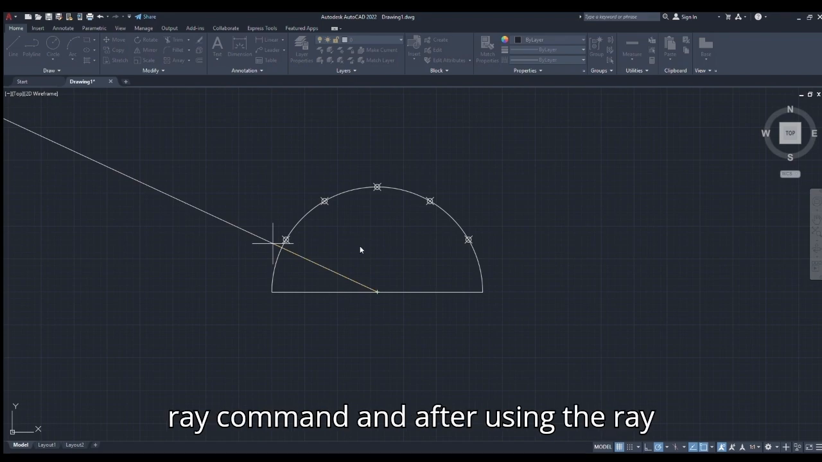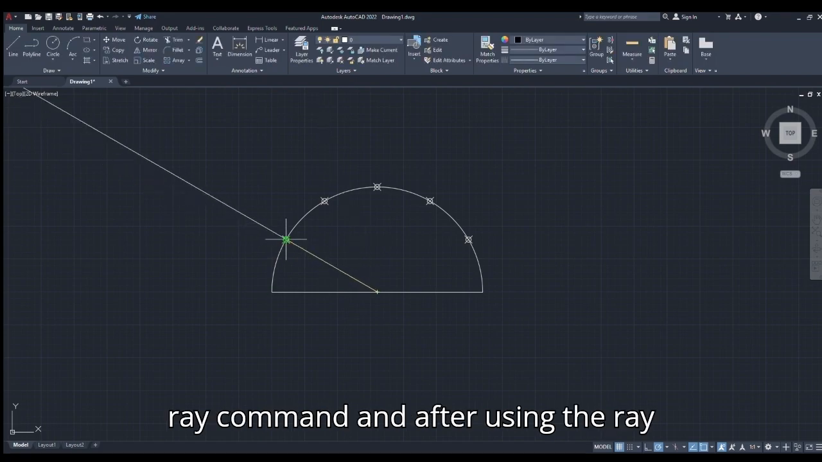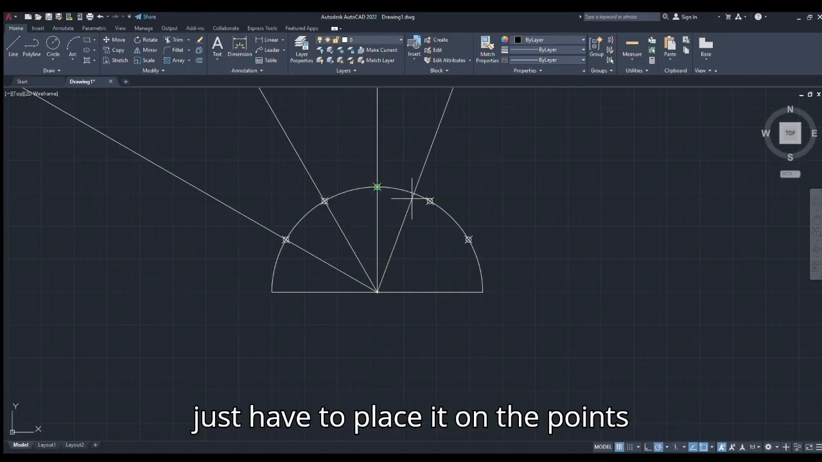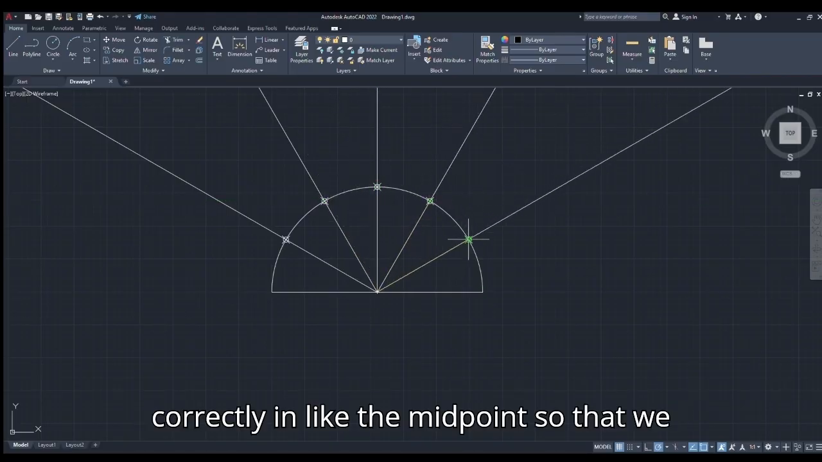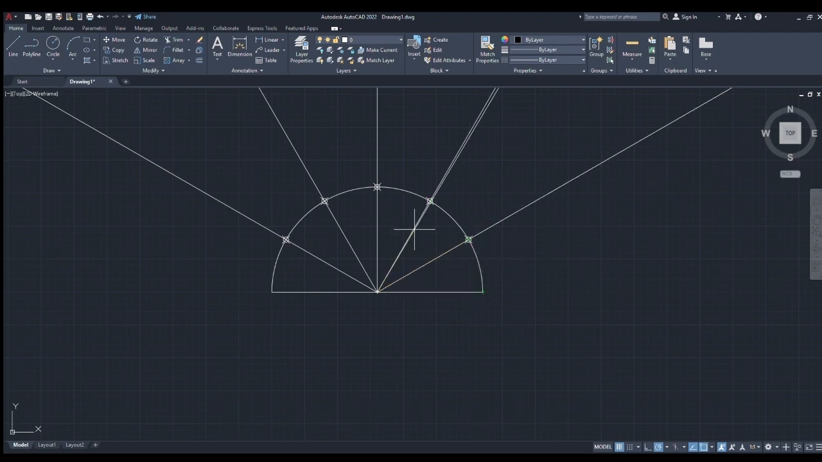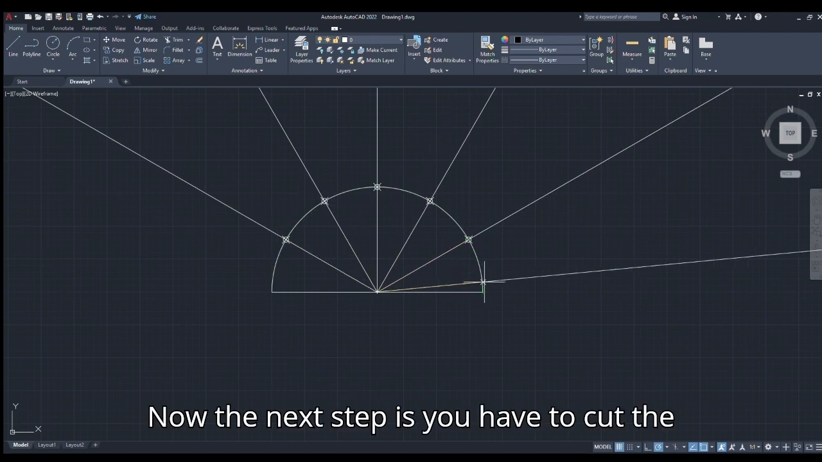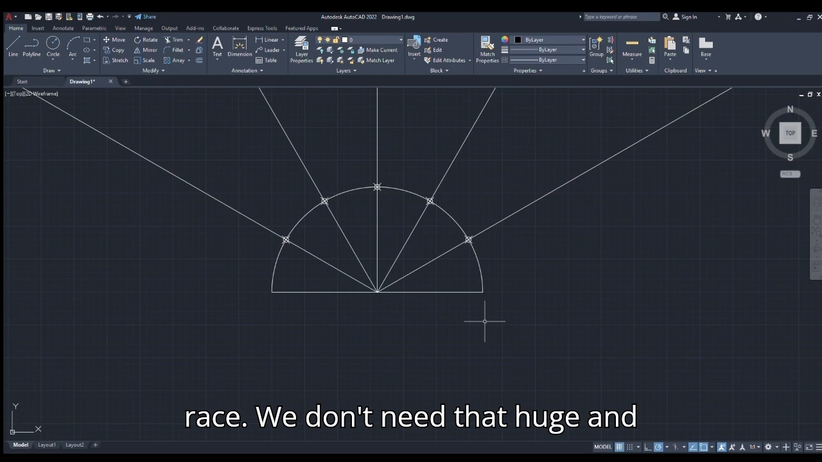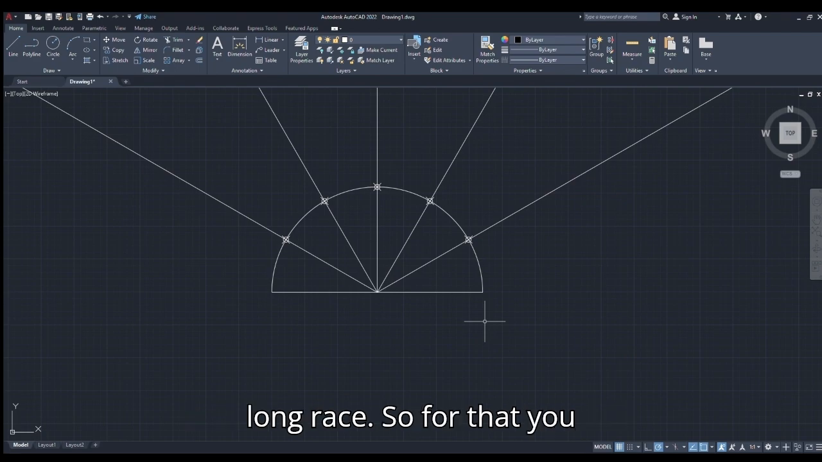Now I'm using the ray command, and after using the ray command, now you can see the rays. You just have to place it on the points correctly, in like the midpoint, so that we have the perfect rays in here. Now the next step is you have to cut the excess portion of the rays. We don't need those huge and long rays. So for that you have to use